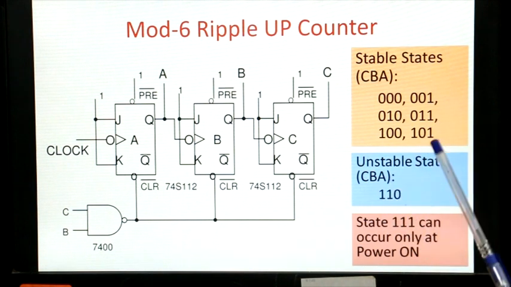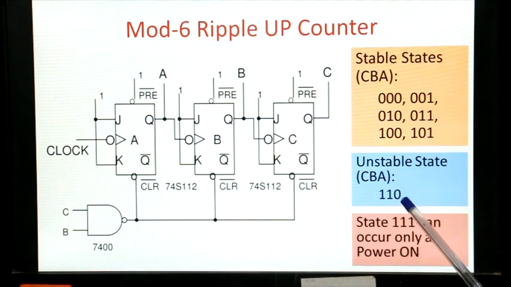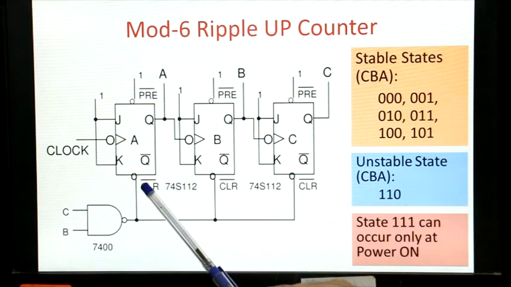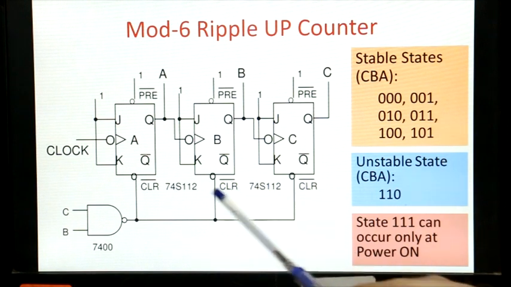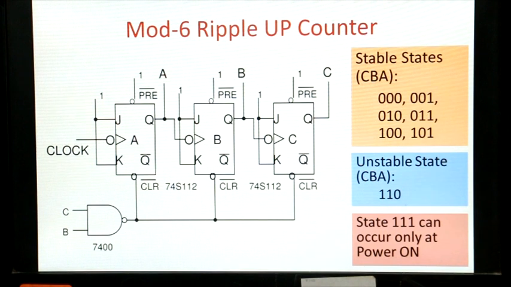But as soon as the next state comes, when it counts up and 1, 1, 0 comes, you see that this condition is satisfied: B is equal to C is equal to 1. Therefore the output will become 0, and being an asynchronous input, the clear input will clear all the flip-flops. That's the way it works. Now you might ask,